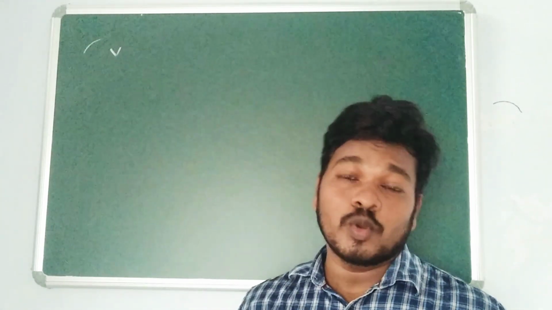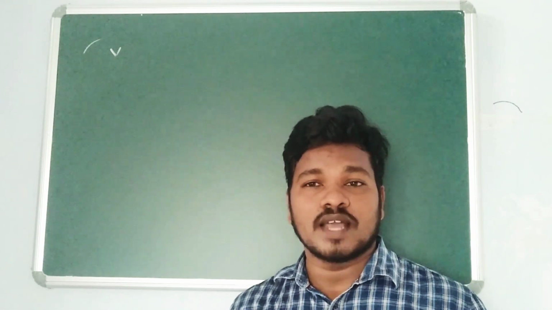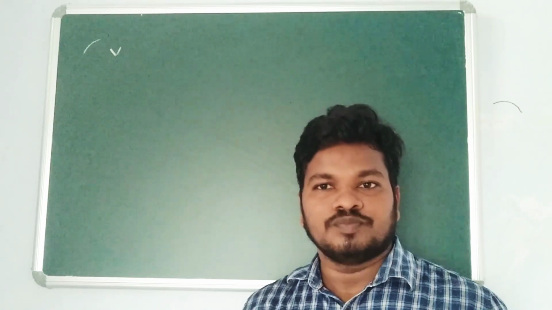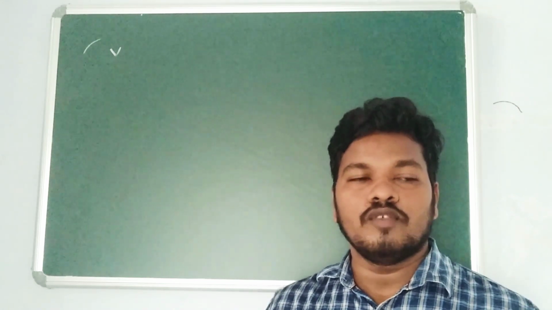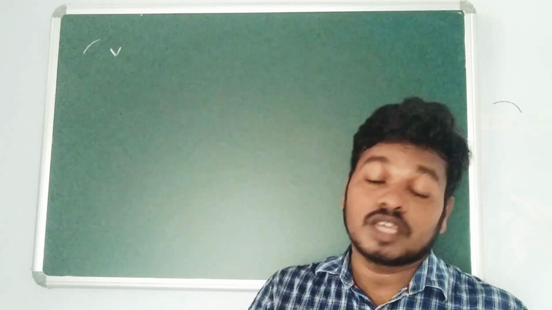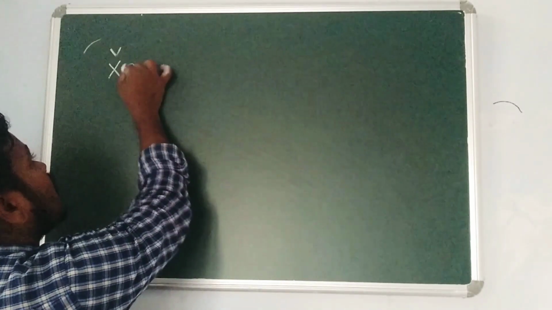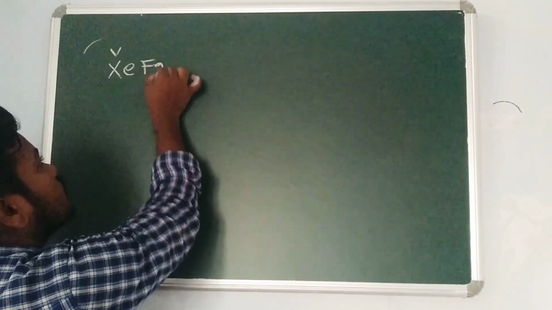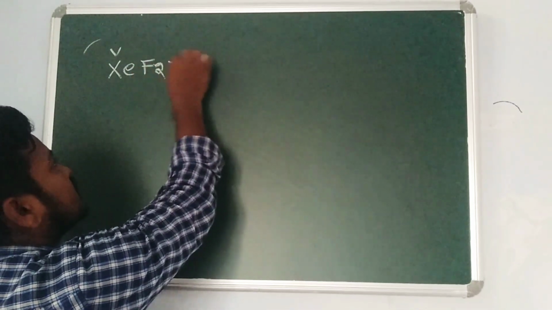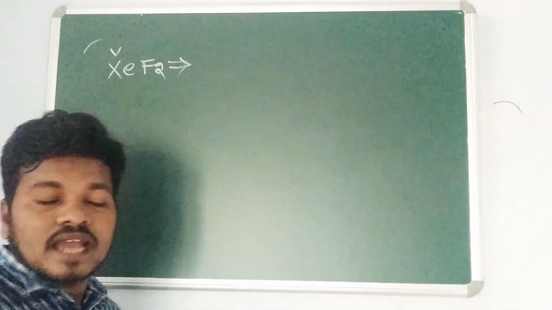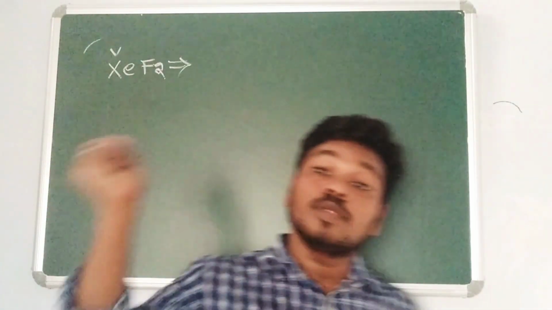So today we are going to discuss the topic of how to calculate the lone pairs of any molecule. In a given molecule, we can easily calculate it by looking at the structure. If you want to calculate the lone pairs, there are some steps involved. For example, if you want to calculate the lone pairs in XeF2, the first step is to count the total valence electrons present in the molecule.